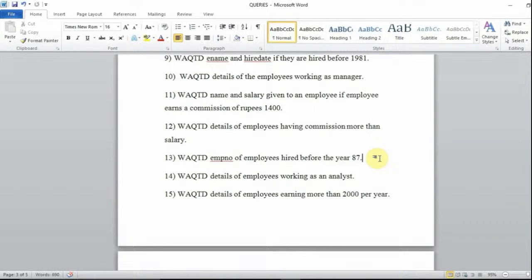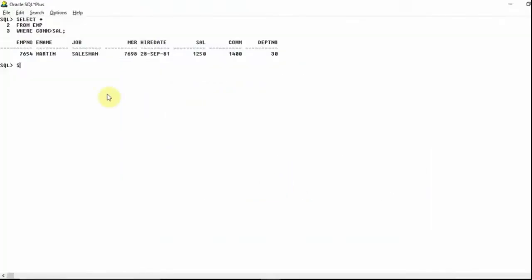It will go up to the last date, so starting date. Okay, so I can write something like this. I want the employee number of employees. So I will write select EMP number from EMP